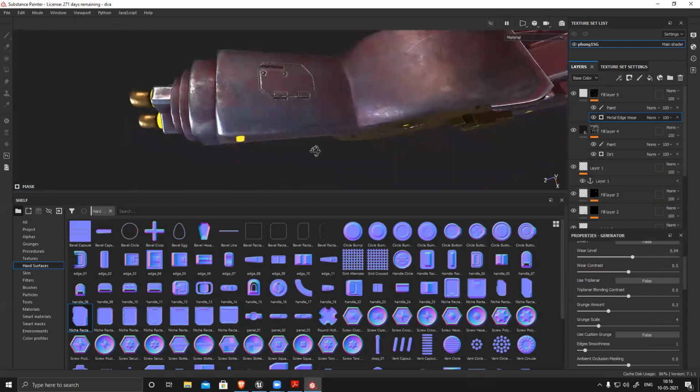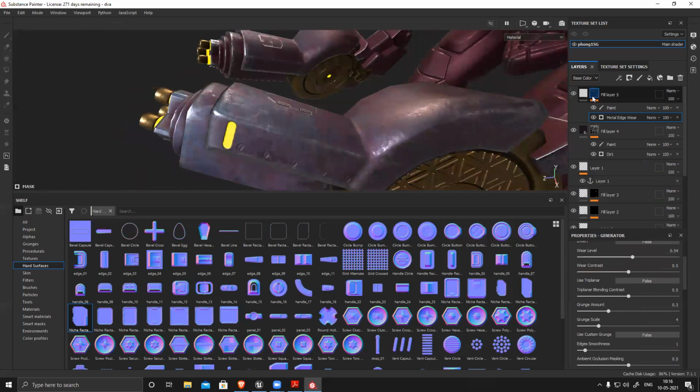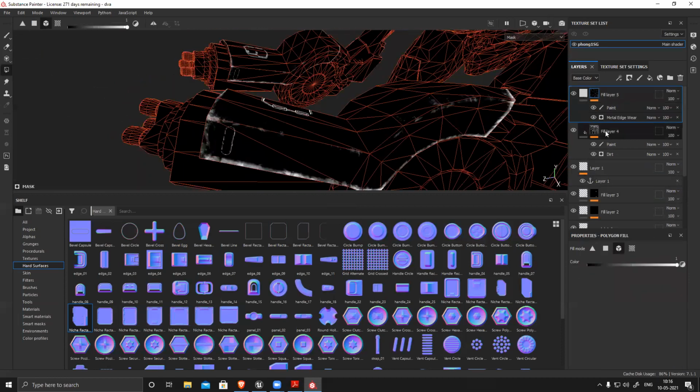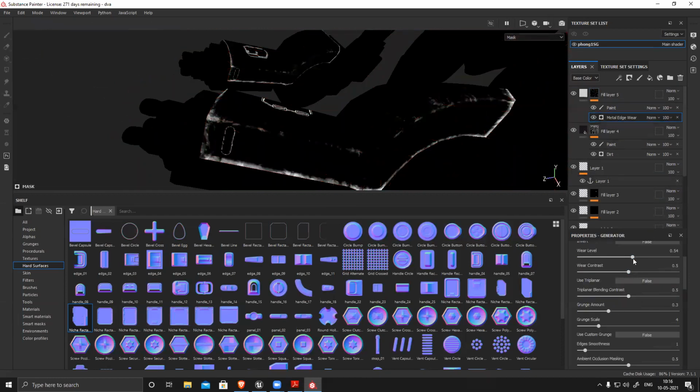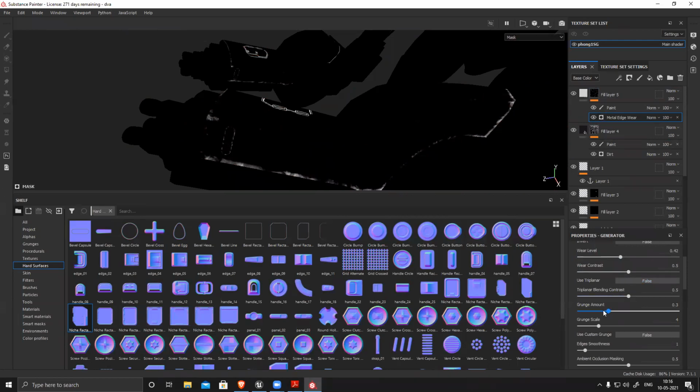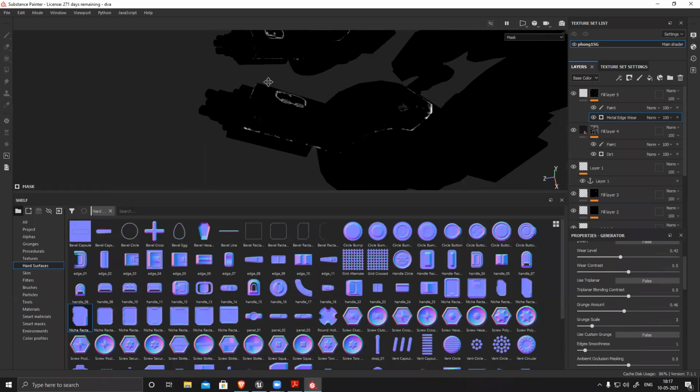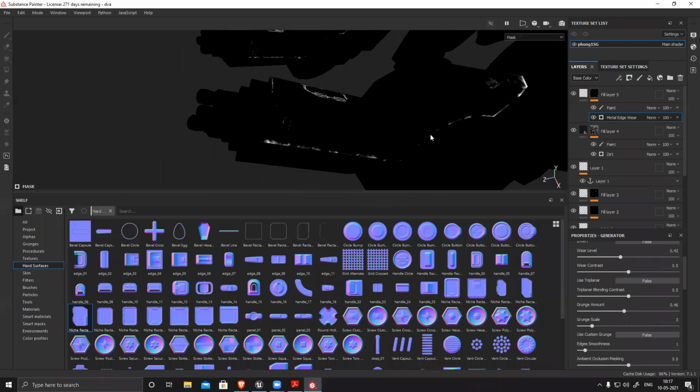Yeah, this is fine. It was too much. So I reduced it. So reduce those things, and suppose you don't want this layer to affect all these corners, because all these corners already have weathering.